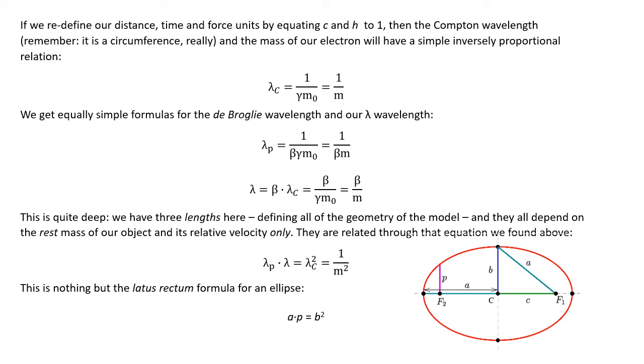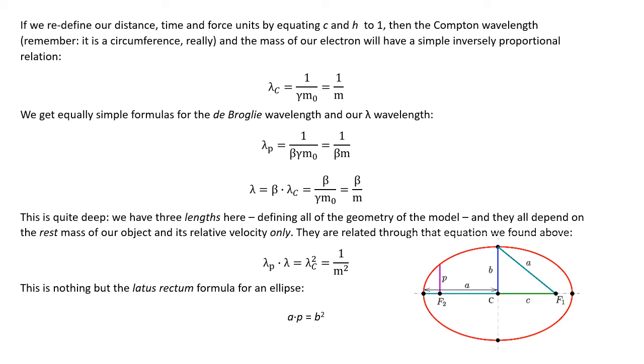What I can do then is again multiply and divide these three wavelengths and look at that relationship which we had, which is the de Broglie wavelength times that linear length is the squared Compton wavelength. And what is the squared Compton wavelength then? Well, that's the one formula for the Compton wavelength where beta does not appear, and so it's 1 over m squared. And you'll say, okay, fine, so what? You are very tired now, and I'm very tired too. But